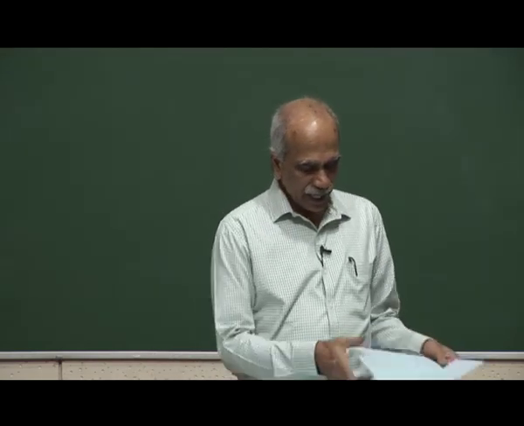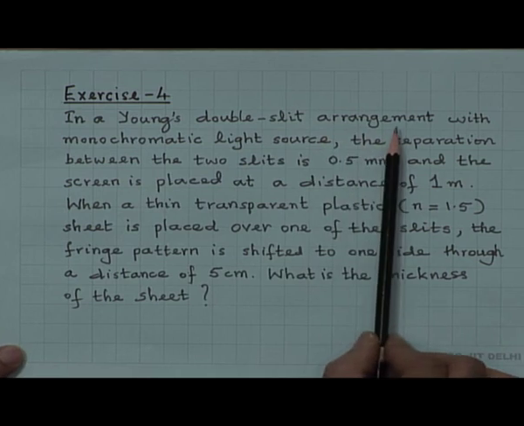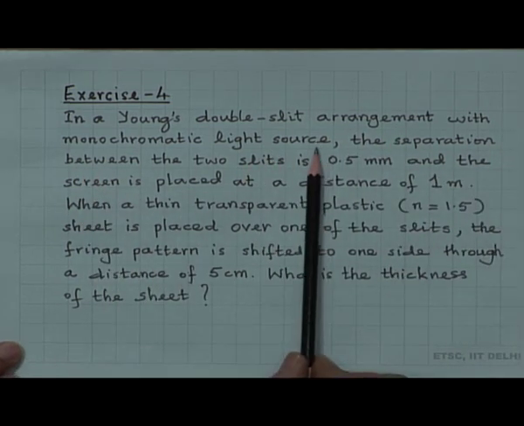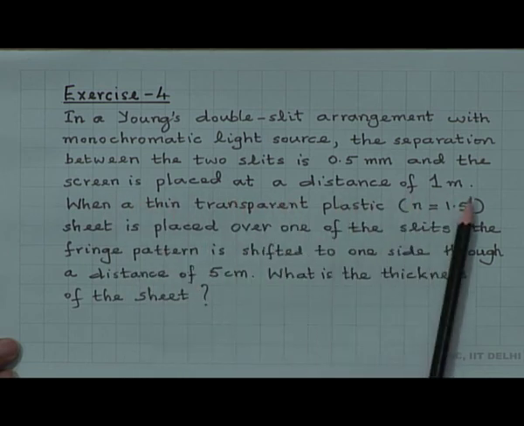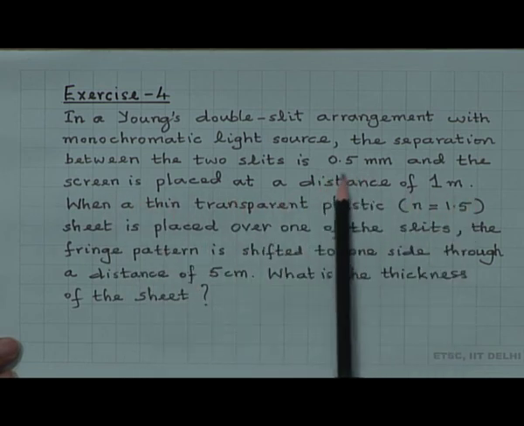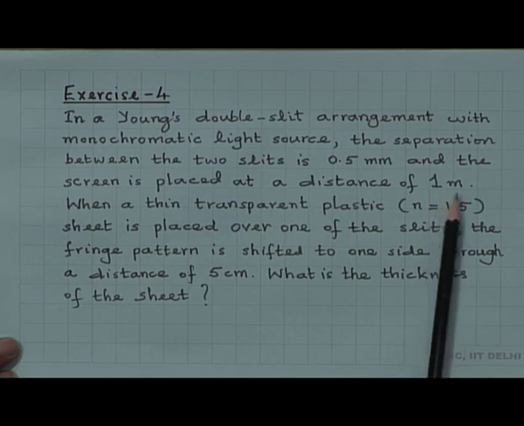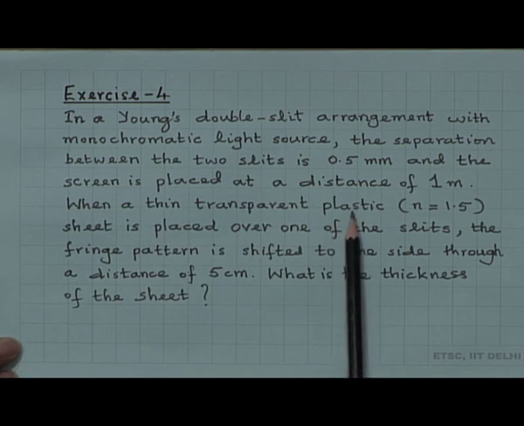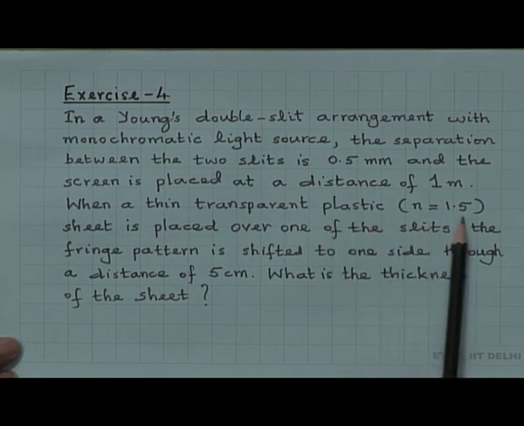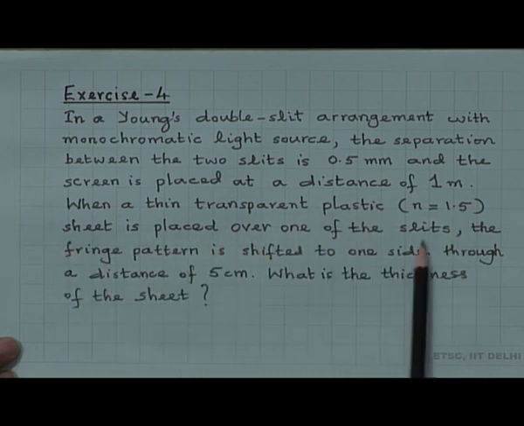So, here we have a Young's double slit arrangement with a monochromatic light source. The separation between the two slits is 0.5 mm and the screen is placed at a distance of 1 meter. So, we have already identified that small d is 0.5 mm and capital D is 1 meter, that is 100 centimeter or 1000 millimeter. When a thin transparent plastic sheet of refractive index n equal to 1.5 is placed over one of the slits,